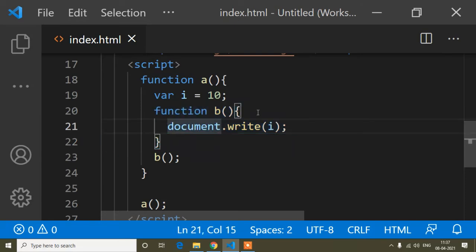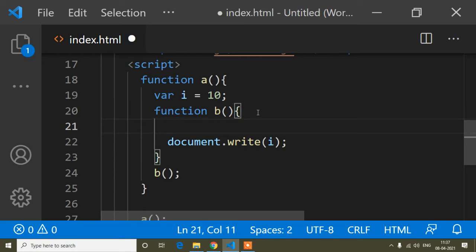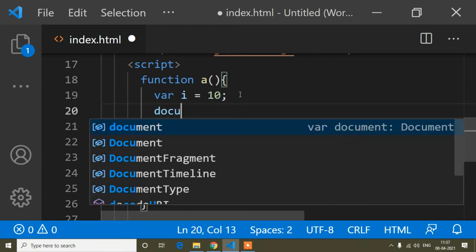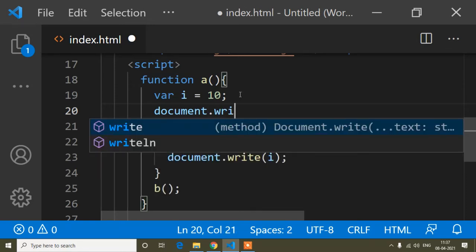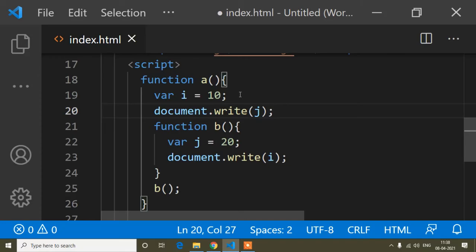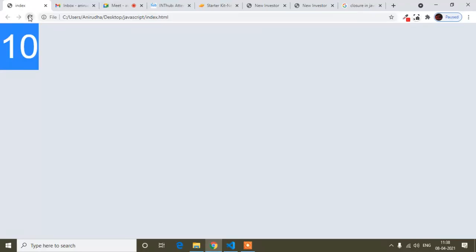But suppose guys, in the child function I have a variable, suppose j, and j equals 20, but this child function's variable, suppose I want to access it in our parent function. So document.write j, save and refresh.